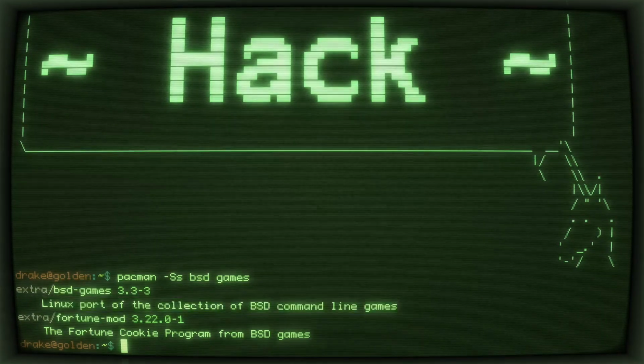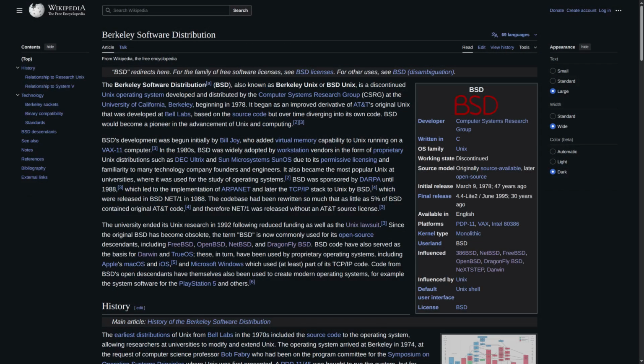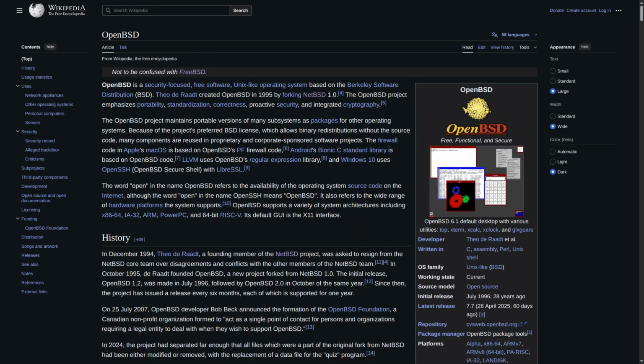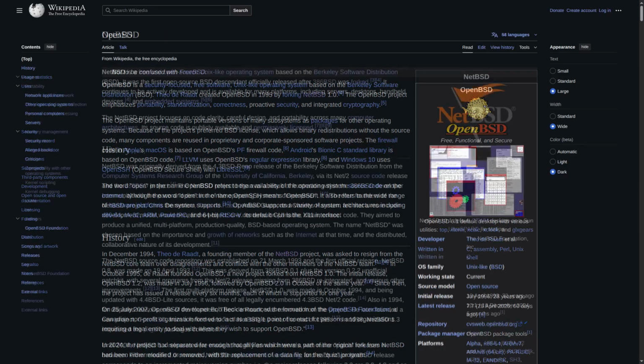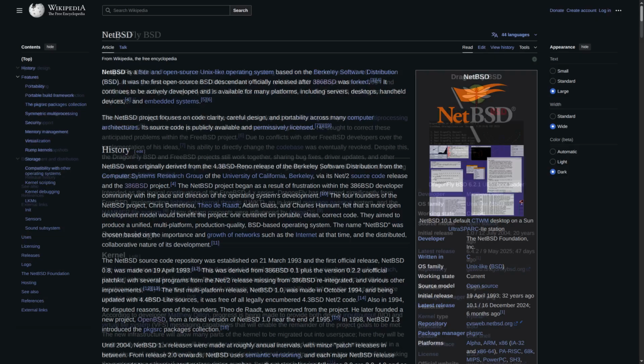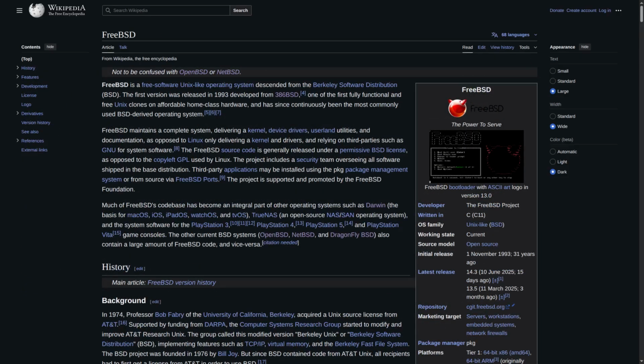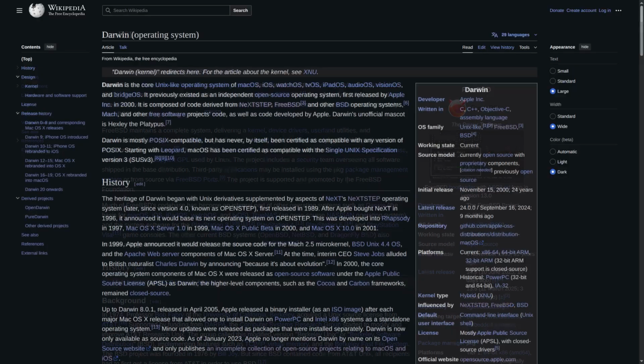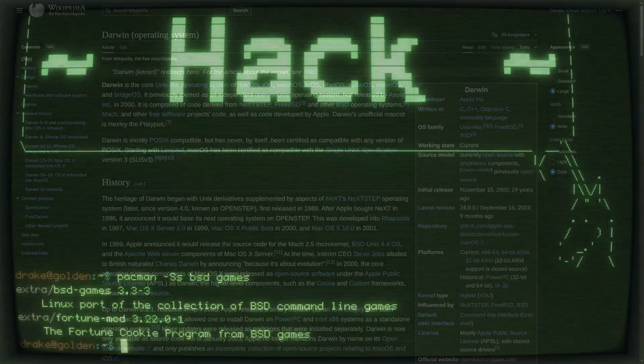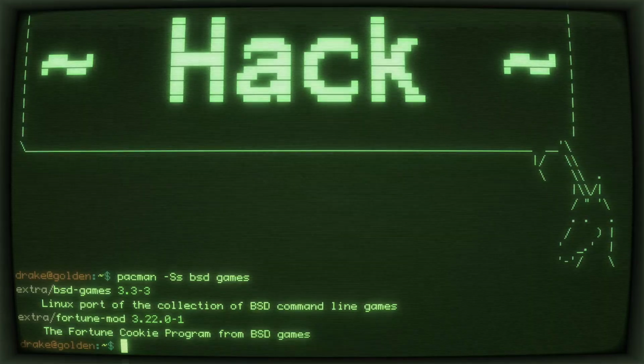Now, BSD stands for Berkeley Software Distribution, a variant of Unix, which still has some derivatives that are somewhat popular today. OpenBSD, NetBSD, I think there's also DragonFly BSD and a few other variants. Oh, and in fact, Darwin, which is the core of macOS. So anyway, that's where this BSD term comes from. BSD was originally developed at the University of California, Berkeley, as you may have assumed.